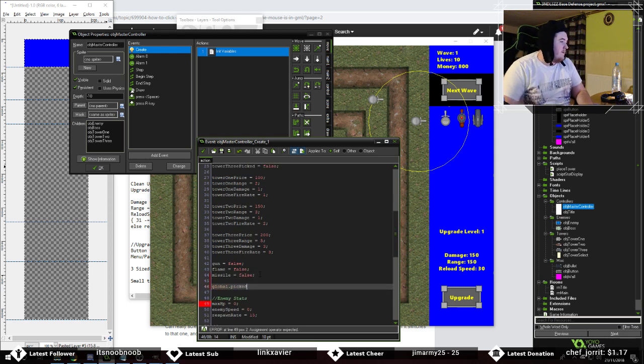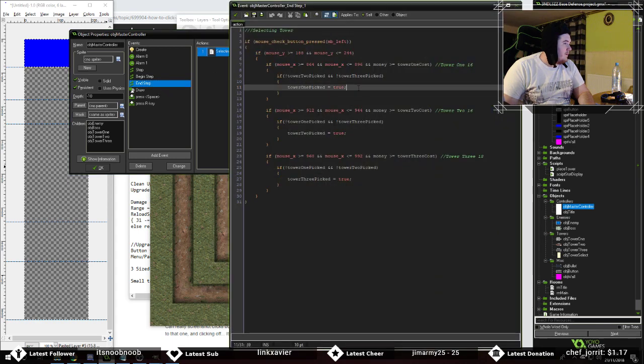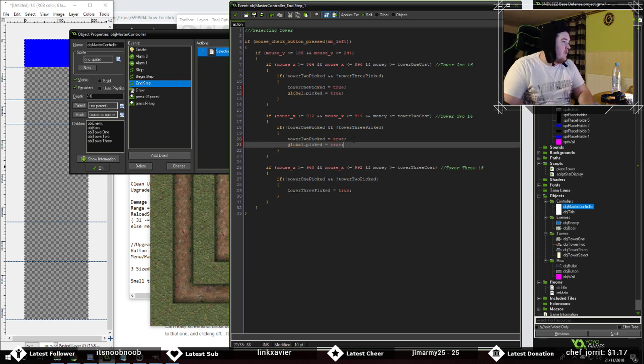Global not picked. Right, doesn't exist. Equals false. Global not picked equals false. True. I'm gonna mess this up royally now, I bet you. When you sort of just go off like this now, it's like